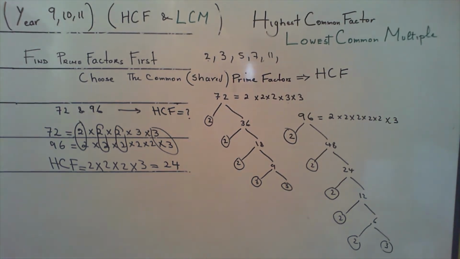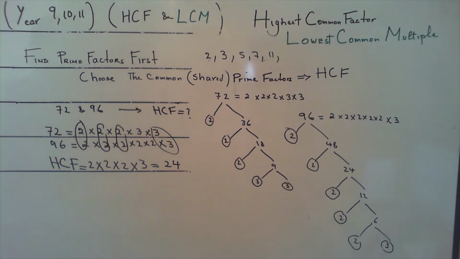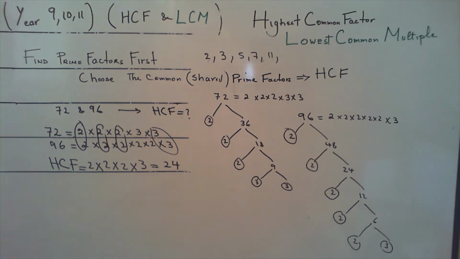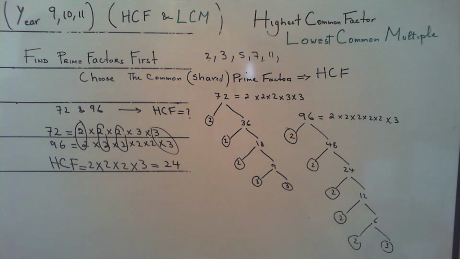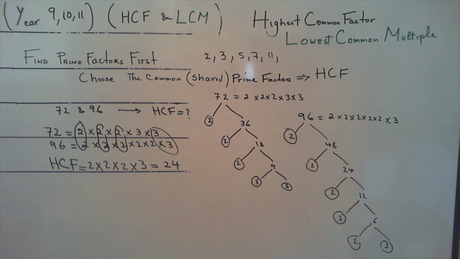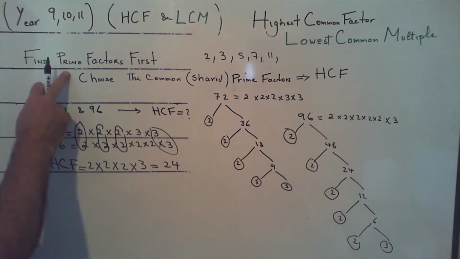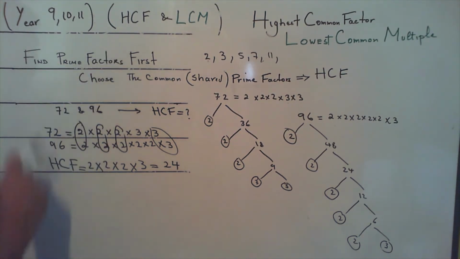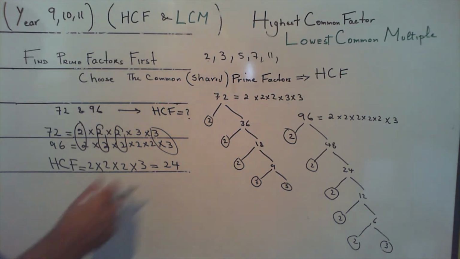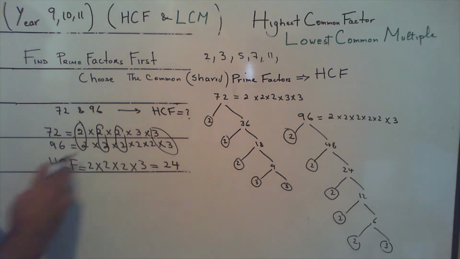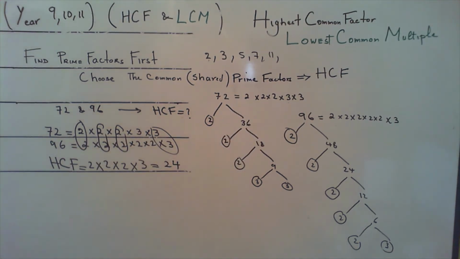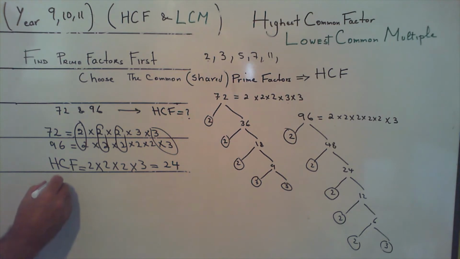Now, we quickly go and learn about the lowest common multiple as well, between the same numbers. If you want to find the lowest common multiple of the two numbers, you still have to find the prime factors of the two numbers. We've already done that, so we've got all this lot. In order to do the lowest common multiple,